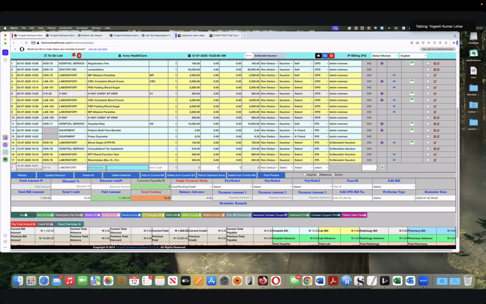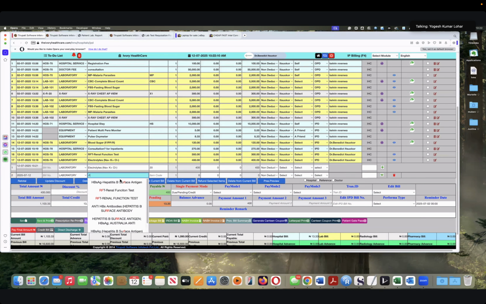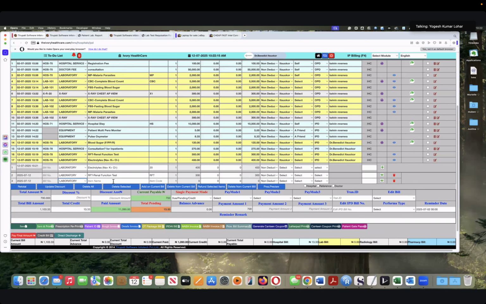I can also do billing, for example electrolyte, RFT test, and CBC also. So I selected these 3 test requests this way, and if I add to patient bill account,